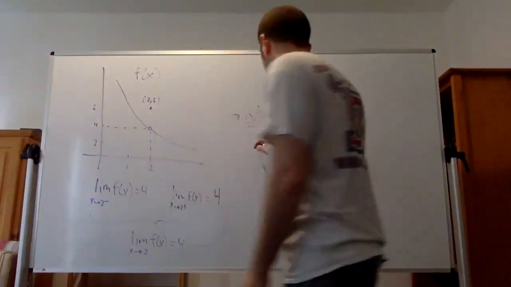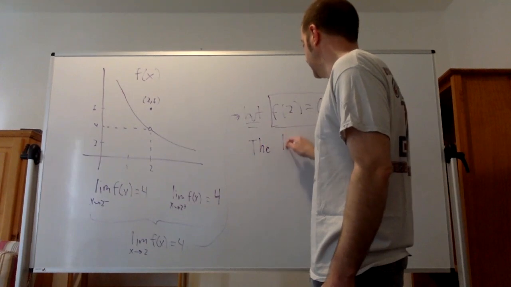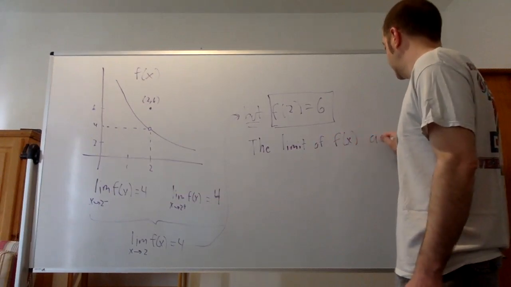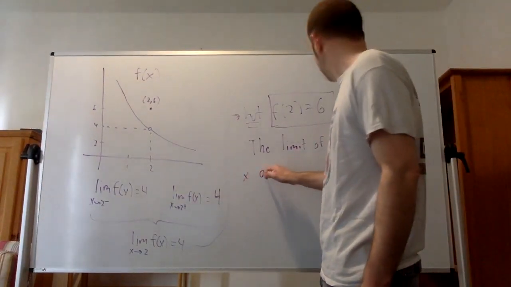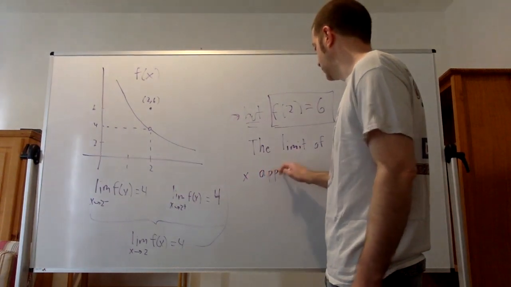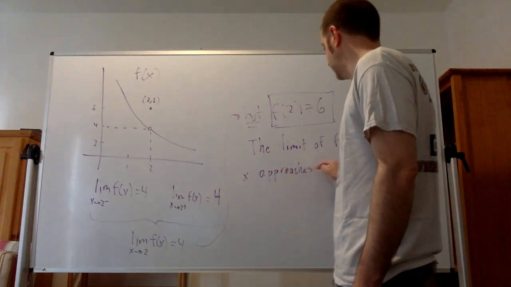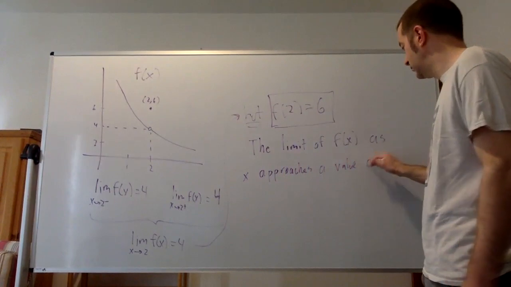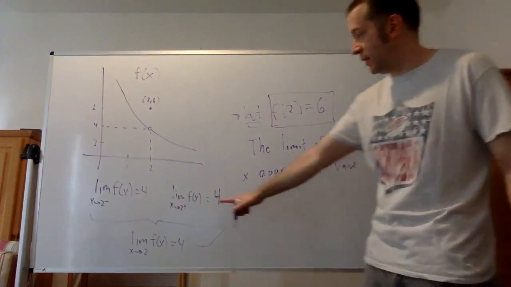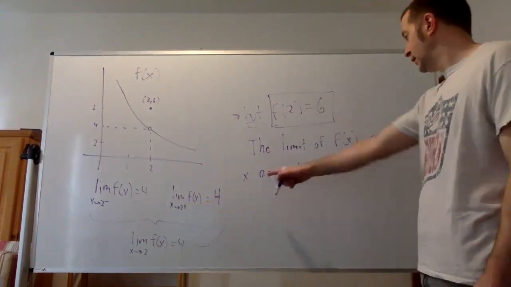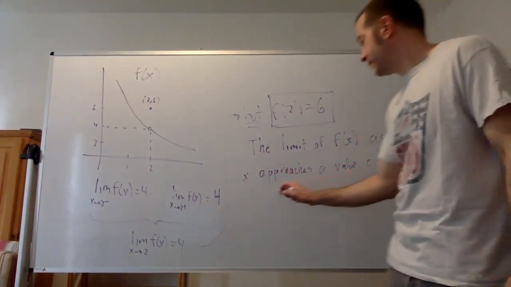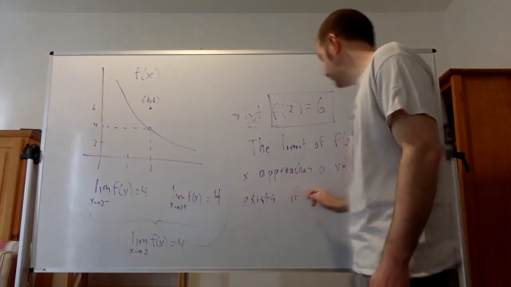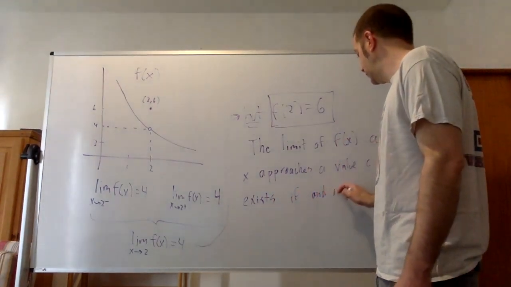So our rigorous definition of limit, which is the next slide on the first page, is this. You can say something like this: the limit of f of x as x approaches a value, I'm going to call that value c. This is any value c. In this first example, our c was 2, that x approaches 2. The limit of f of x as x approaches a value of c exists if and only if